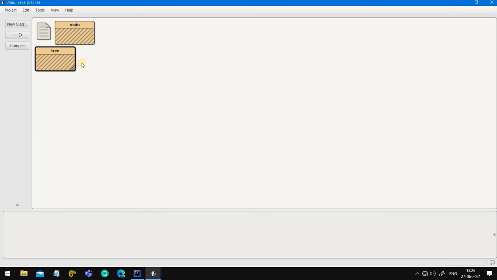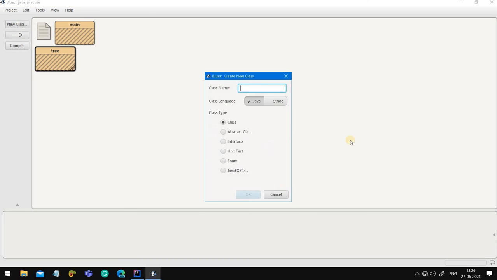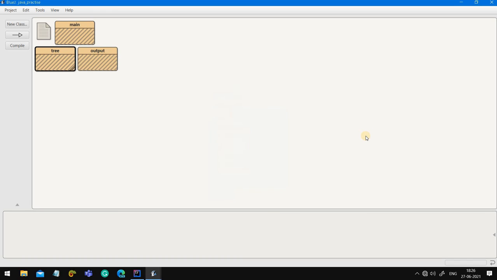Now let me create a new class, that is our output. Output means what output you are going to get from this tree.